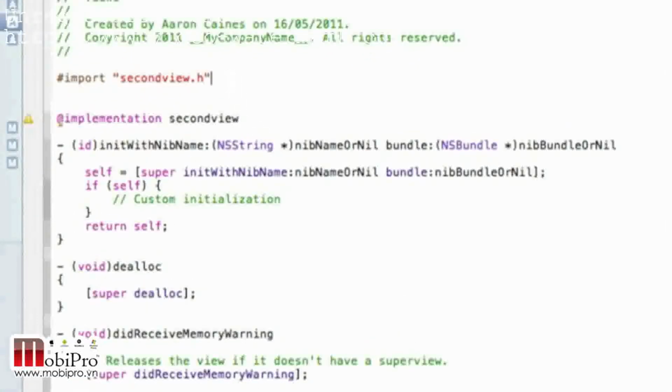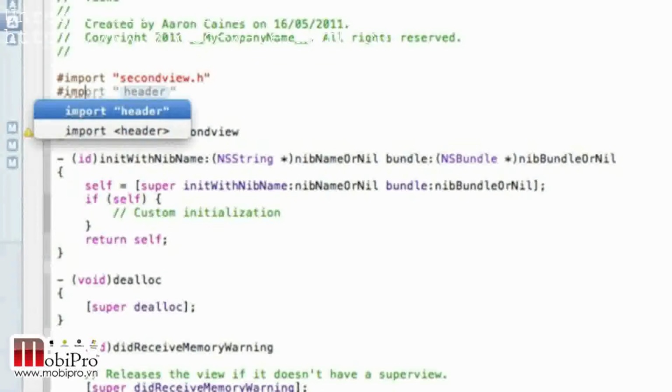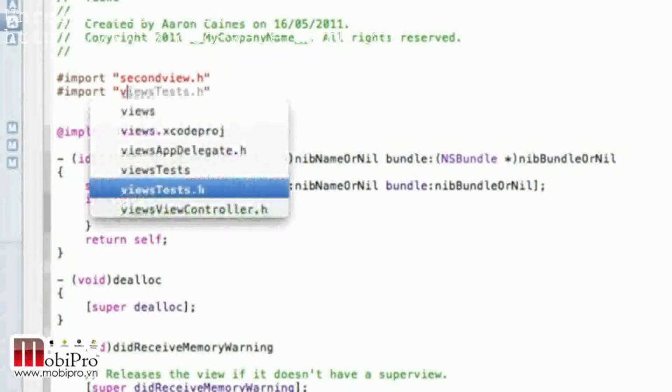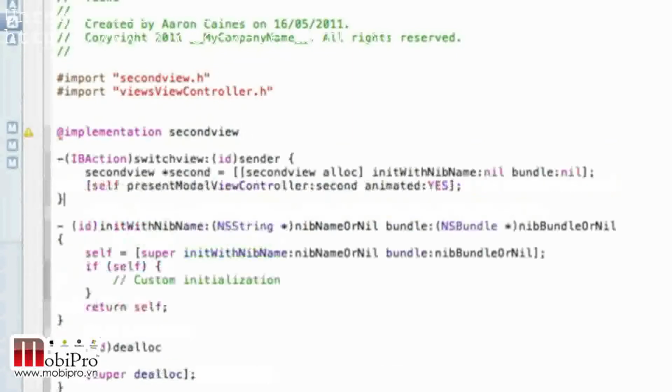But the first thing we want to do is import our view. So again, hashtag import, and in the highlighted section of the two quotation marks, you simply type in ViewsViewController, as that's the name of my project, and the first view. Simply save that, and then just after the implementation we can paste in our code, and we need to change